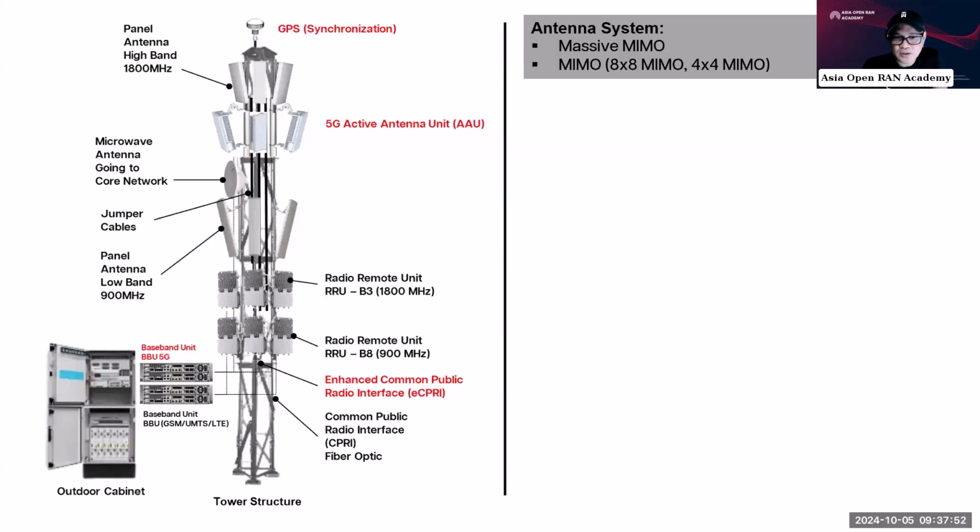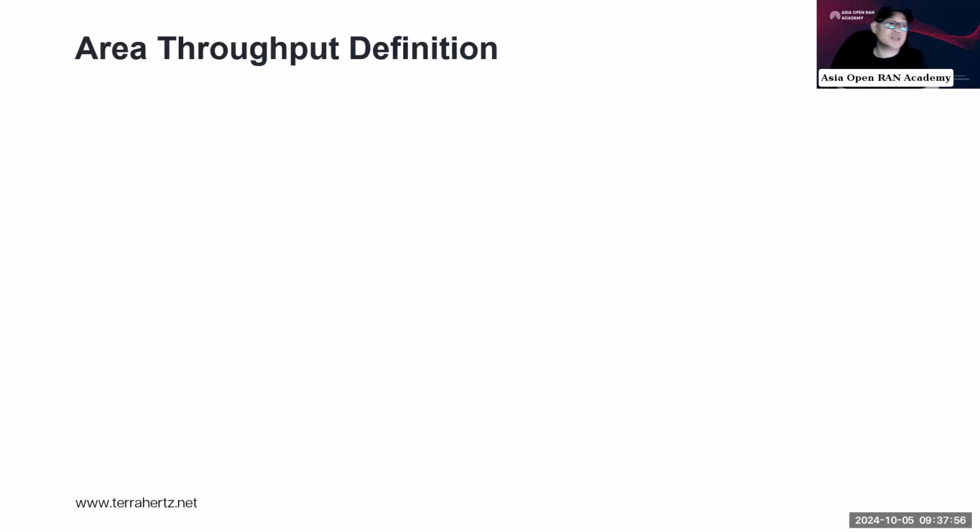But before we go there, let's discuss about the area throughput definition. So how do we define the area throughput definition? Ano ba to? So the area throughput definition is the area throughput of a cellular network that is measured in bits per second per square kilometer. Okay, so that's how you dimension as well. No? How many people are there, and then what could be the throughput in per square kilometer. Okay, so it is